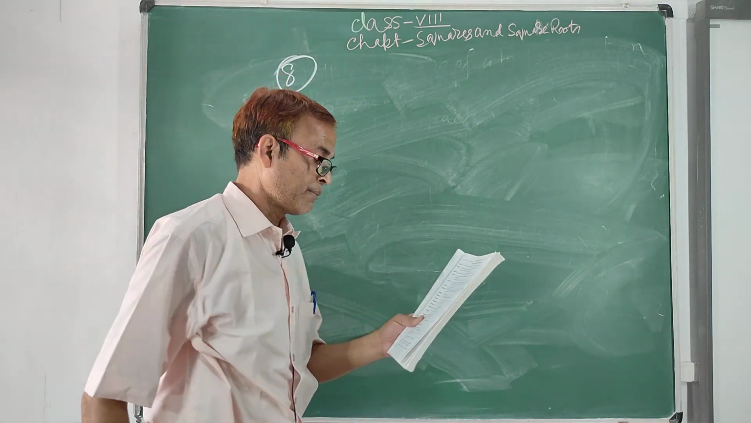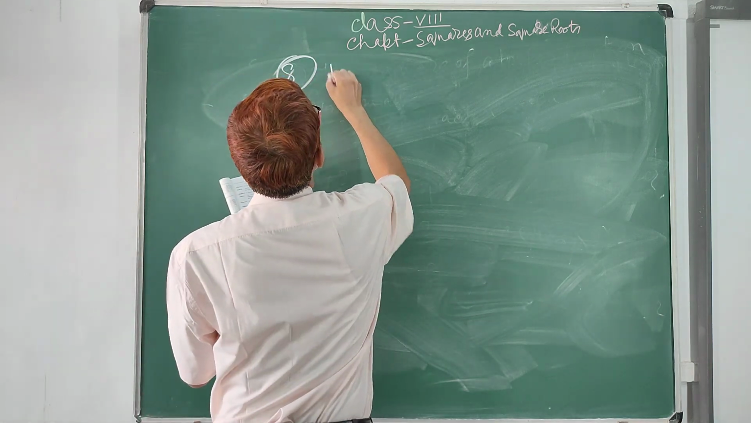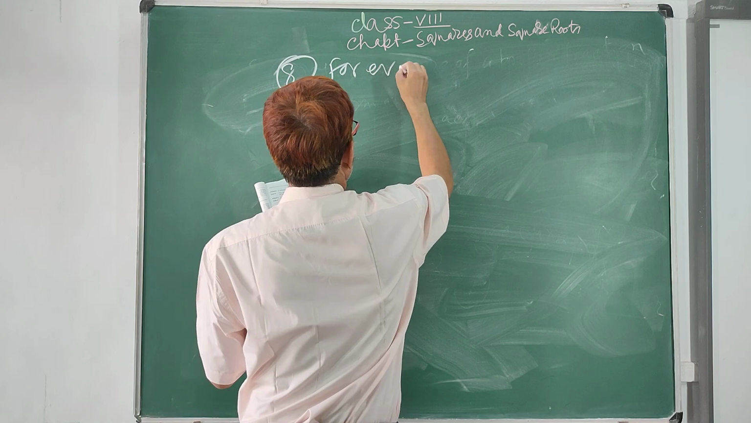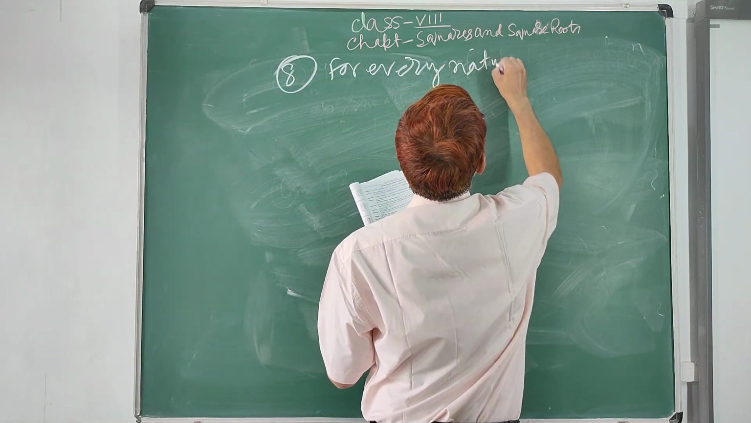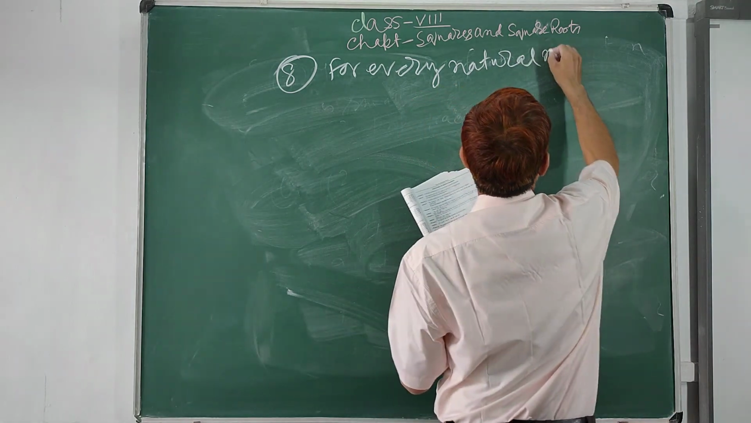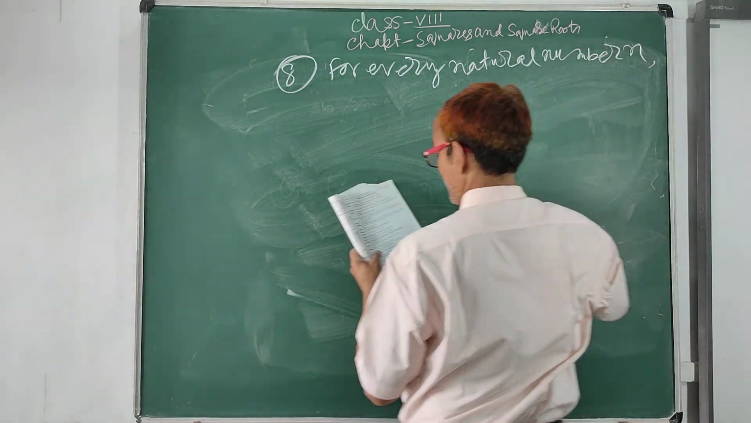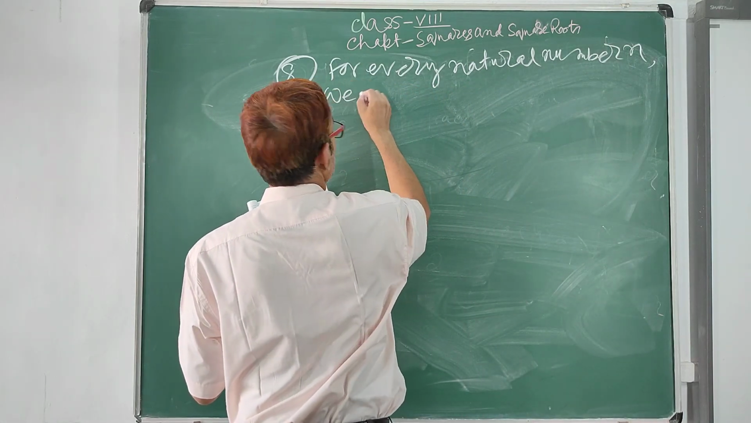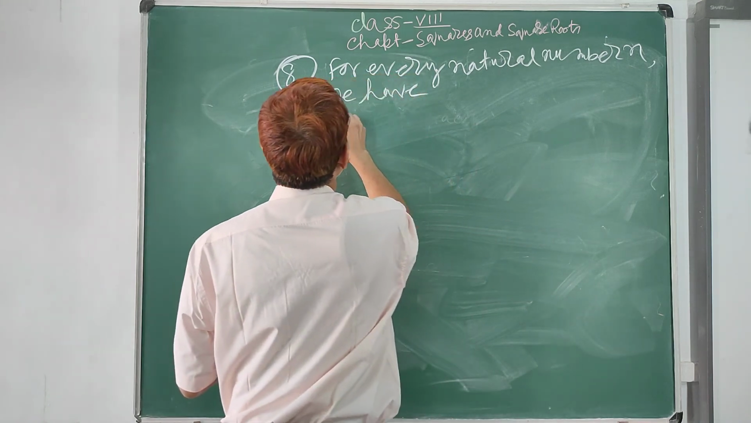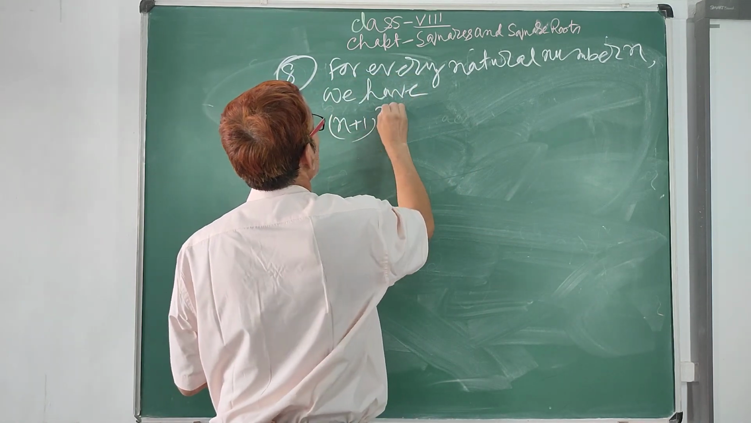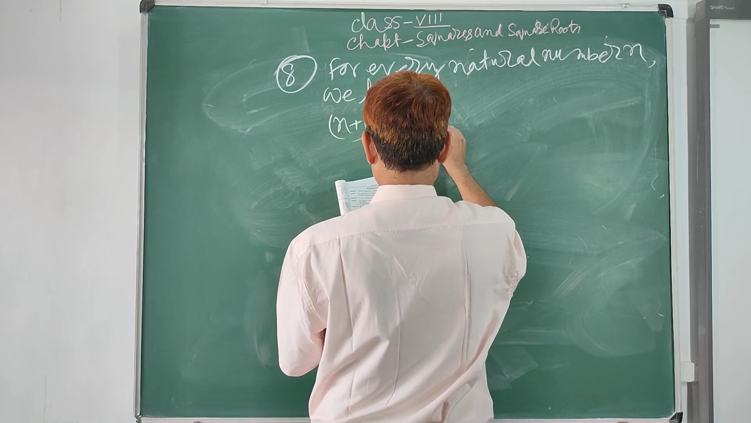For every natural number n, we have (n plus 1) whole square minus n square. This is equal to